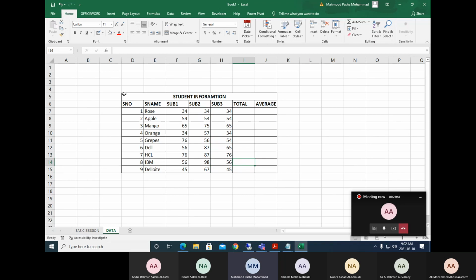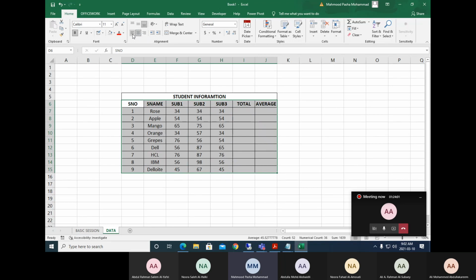Now, after entering this data, I want to arrange the cells here. So you can see there is a concept called alignment: how to align the data inside the cells. Center alignment, this is a center alignment. Left alignment, the data will move to the left. This is the alignment of data on the top. The cells are aligned already: center, right, center, left, right. Now, these are the cells, cell data.